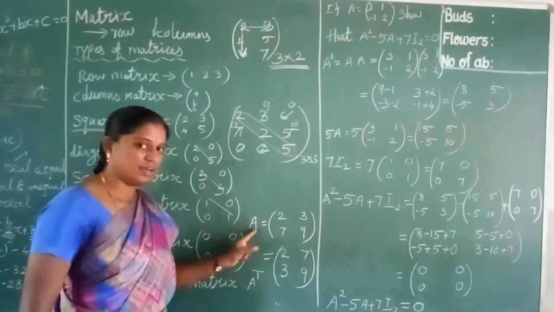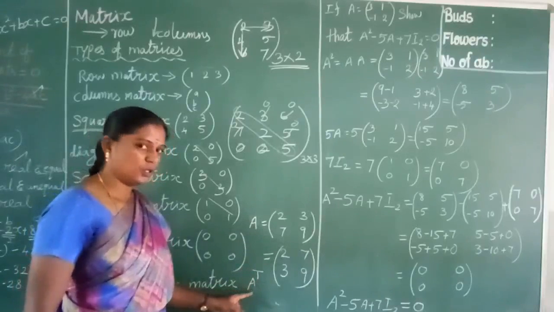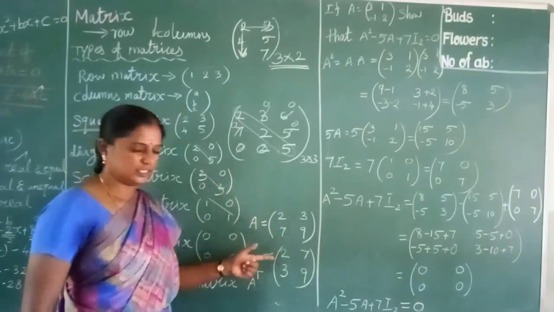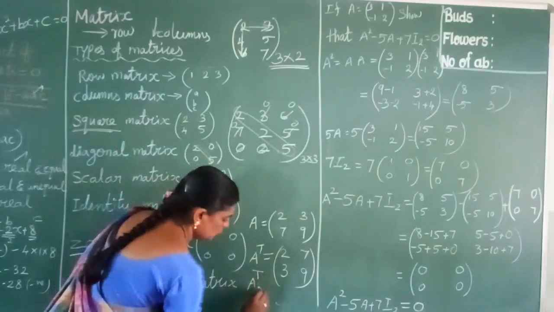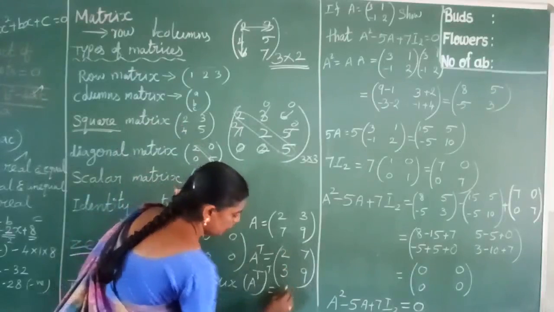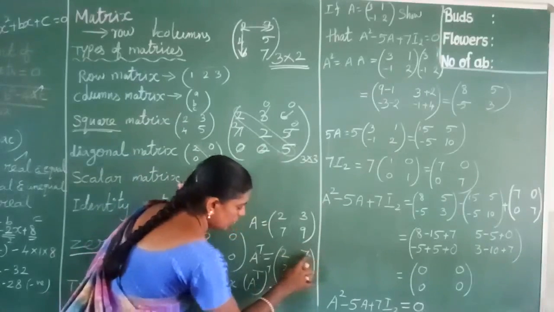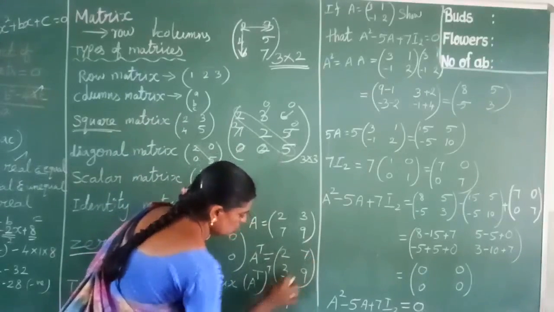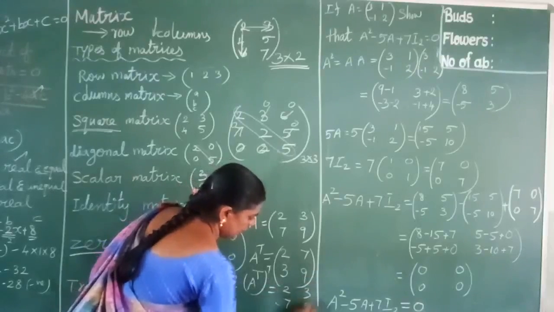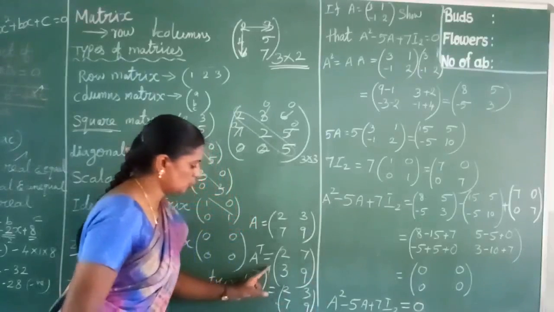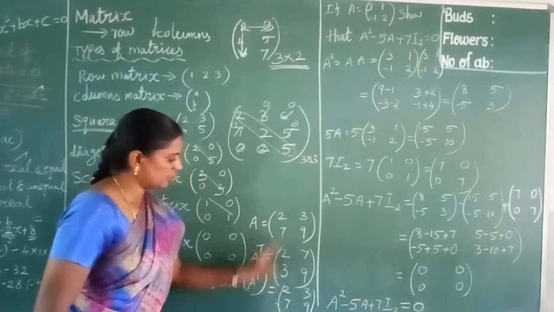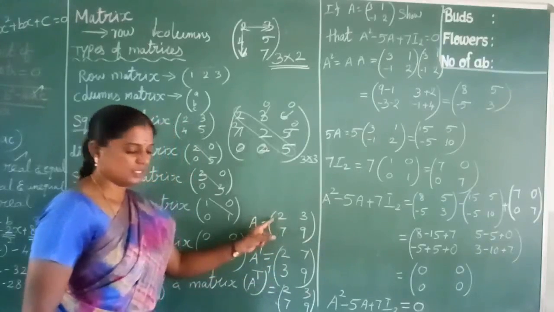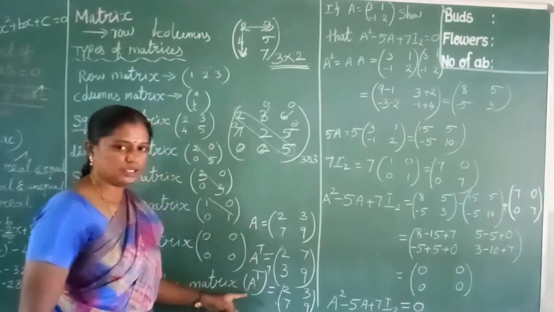Matrix A is given, you have to find A transpose and A transpose whole transpose. This is A transpose. Again you find the transpose of A transpose. What is the answer? 2. The rows change into columns: 2 7 and again 3 9. So A transpose whole transpose answer is A. If you change 2 times, we get the given matrix. So this type of question is a 2 mark question.